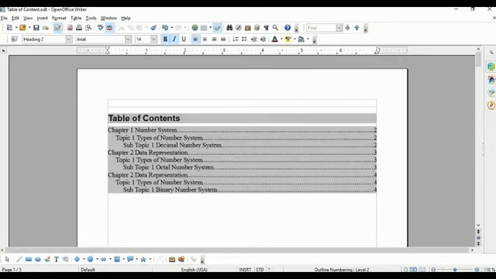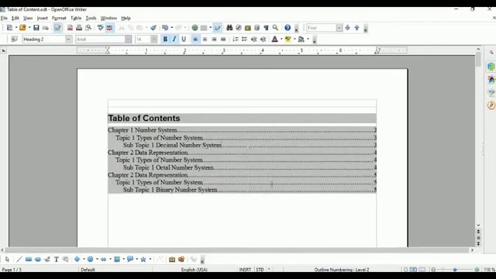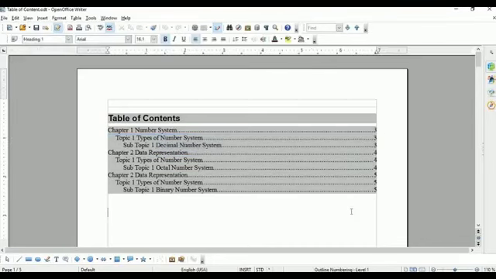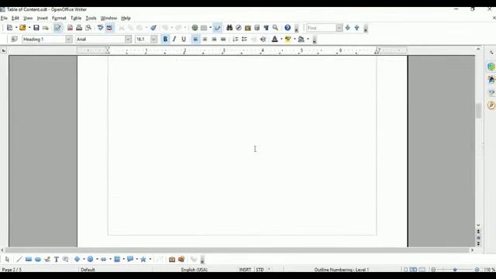After modification, if you want to change your table of content, you should right click on the table of content and select Update Index and Table. Is it clear? Once you click on Update Index Table, see the changes. Now this is page number 3, page number 4 and page number 5. In this document in total we have 5 pages. Our first chapter is given in page number 3, which means page number 2 is blank. Is it clear?